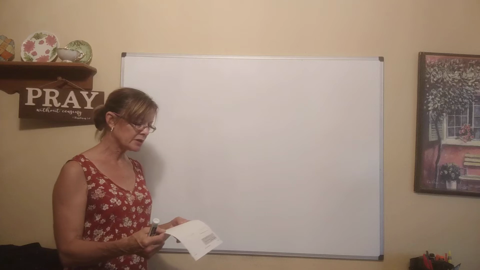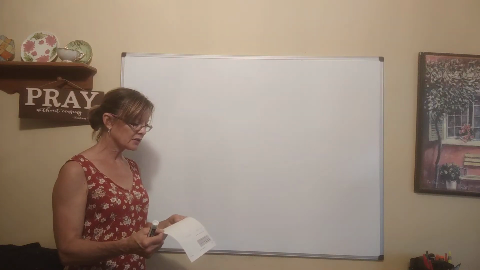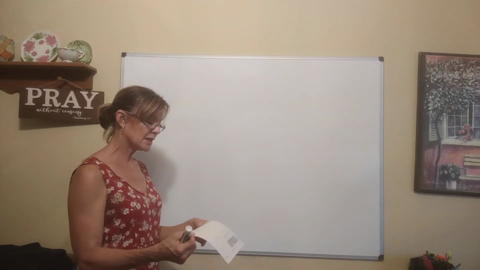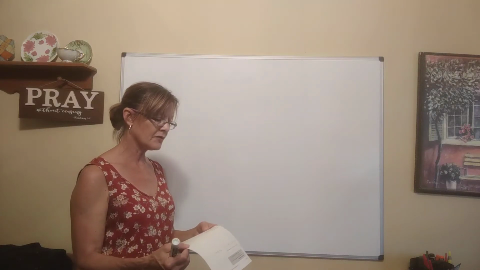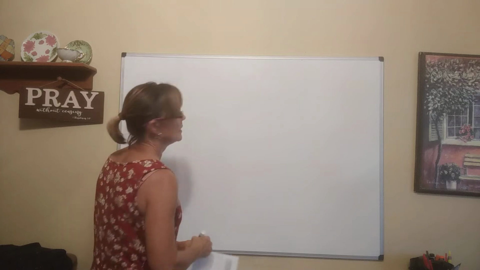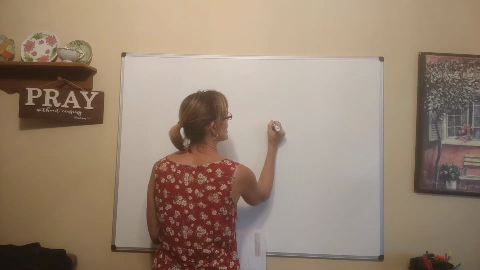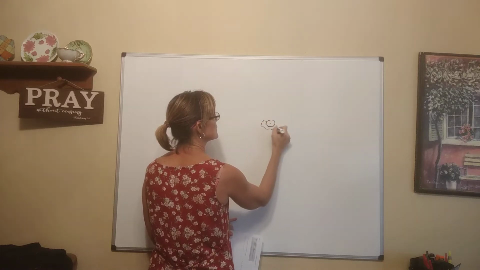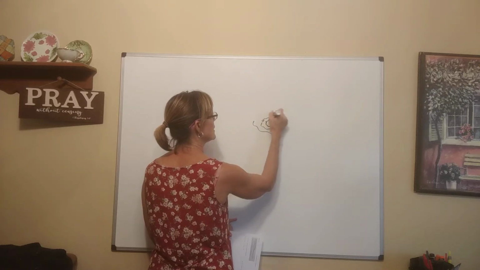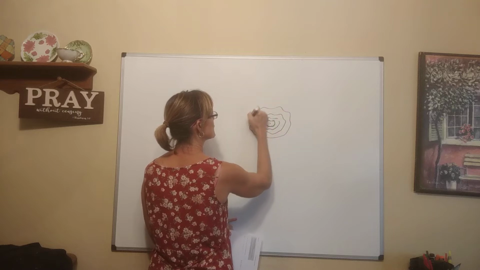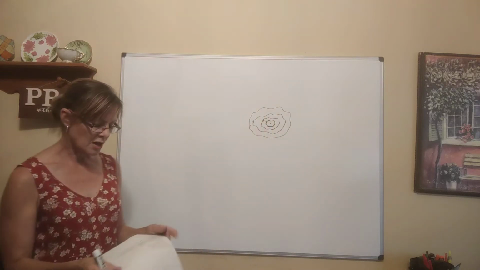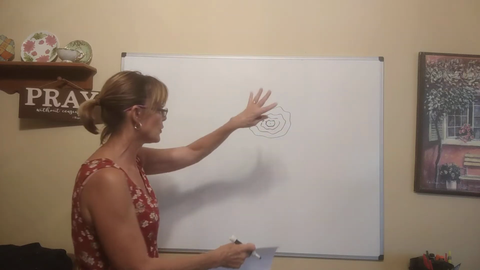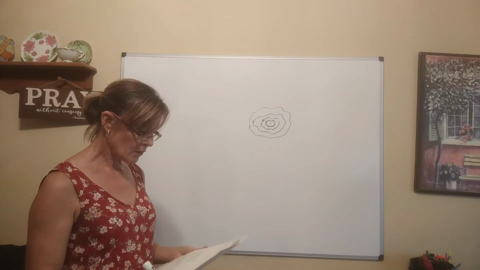It says a stone is thrown into a pond, creating a circular ripple that spreads over the pond in such a way that the radius is increasing at a rate of 3 feet per second. So if you imagine tossing a rock into some water, it creates this ripple effect, okay? And maybe it looks more circular than mine does, but it's talking about how the radius is getting bigger as time goes on, as the ripple spreads out. And so it says,